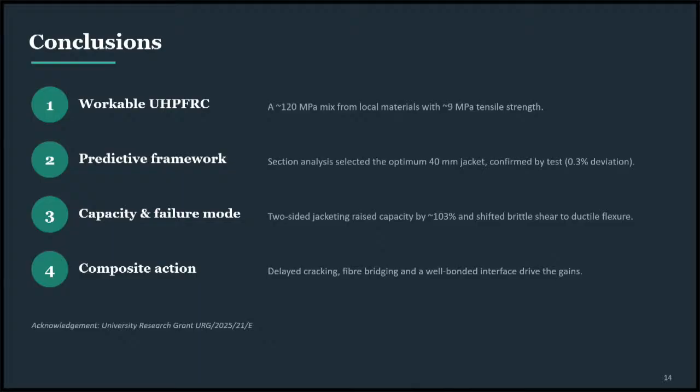And then the capacity and failure modes of these beams: the two-sided jacketing configuration that we used increased the load carrying capacity of this beam by 103% and managed to shift the failure mode from brittle shear to ductile flexure. And then finally, the other important point is the composite